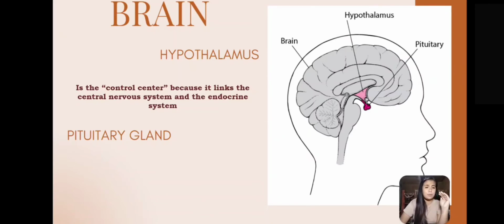So ang atong hypothalamus, it takes stimuli from our brain and it's gonna pass those signals sa atong pituitary gland, which is a gland sa atoang endocrine system. So, di ba kay ginalink man niya ang central nervous system o endocrine system. So, what are the differences between our nervous system and the endocrine system?